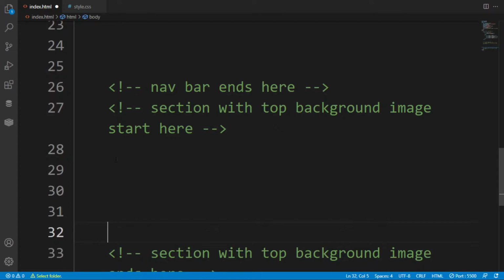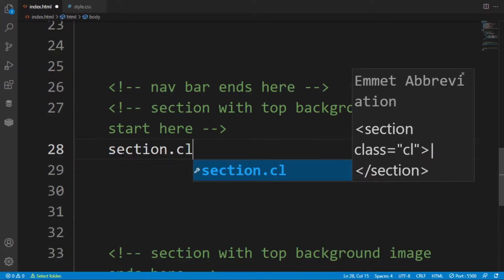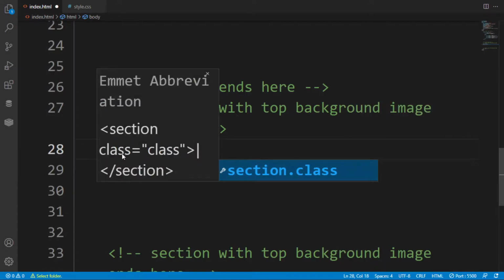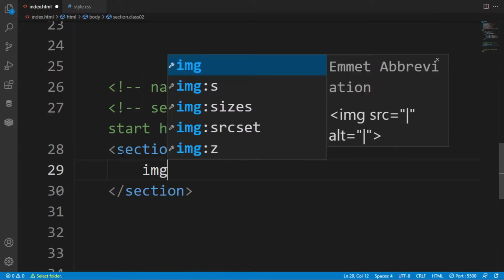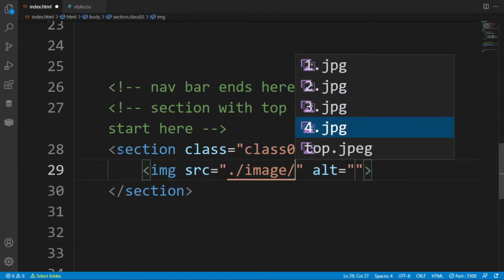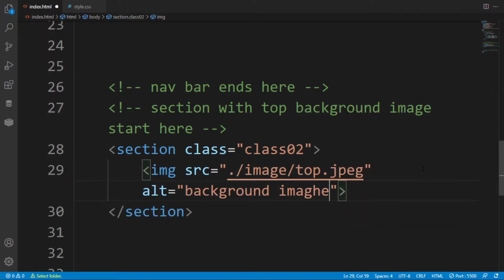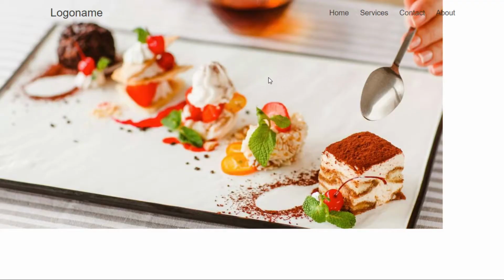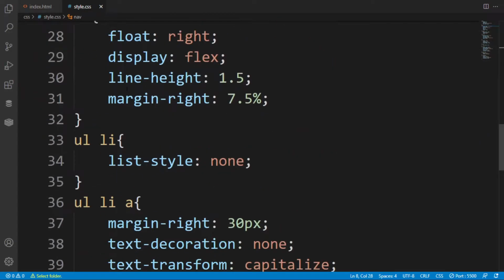Here in this I want to store the header section or header content. Here I am creating a section of class 2, because class 1 is for the navigation bar and class 2 for our section. So here in this I am selecting an image of top.jpg. I will provide the link of this tutorial in the description. Please check it out if you don't want to work, and I have provided. So as you can see, our image has been laid out.